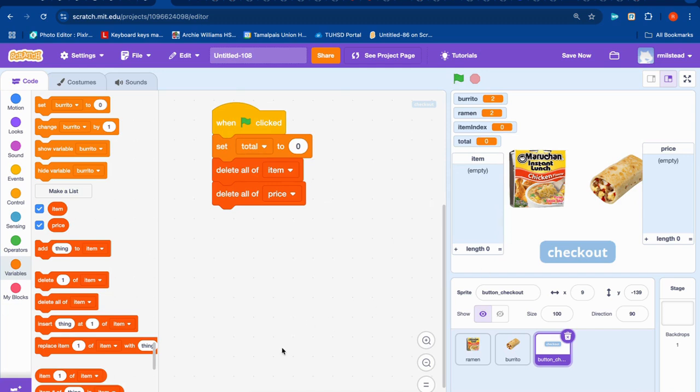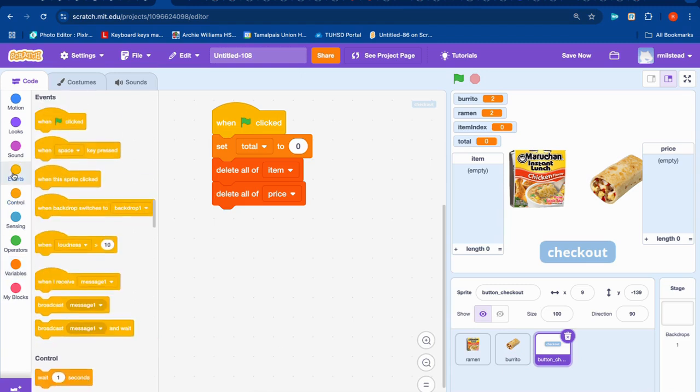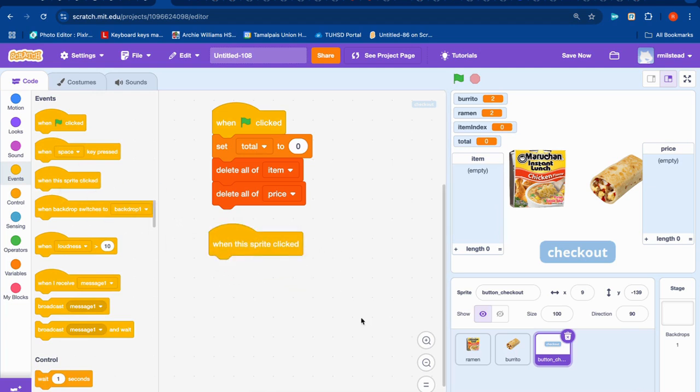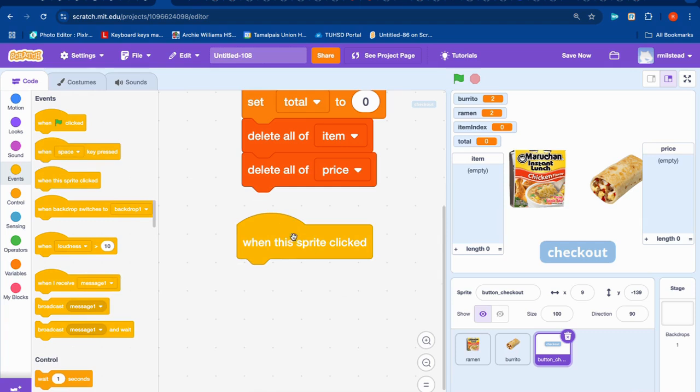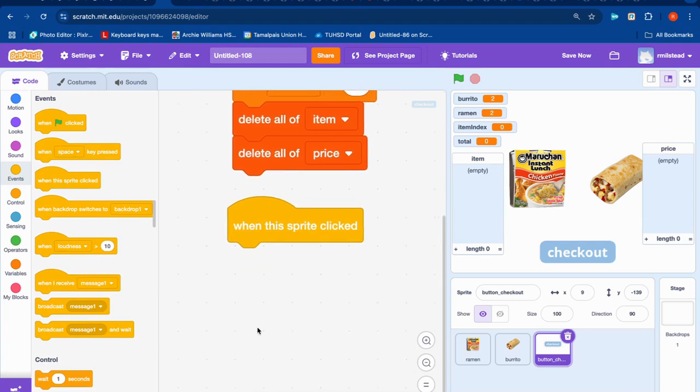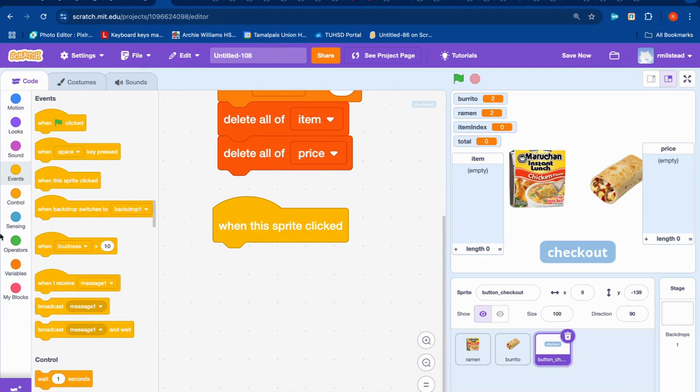Okay, what is the checkout button's purpose in life? Well, we want it to total up our purchase, right? Whatever's in our shopping cart, we want it to total it up. So let's go to events. Grab when this sprite is clicked. So when somebody clicks the checkout button, what happens? Well, what happens is